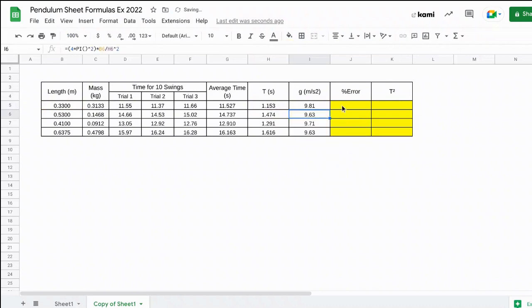Quick check, that looks good, 9.8. Now percent error: open parentheses, absolute value, okay, and it's going to be 9.8, which is the standard value of gravity, minus the experimental value, which is what I got. Click that cell, close parentheses, divide by 9.8, the standard value, close parentheses, times asterisk 100 to make it a